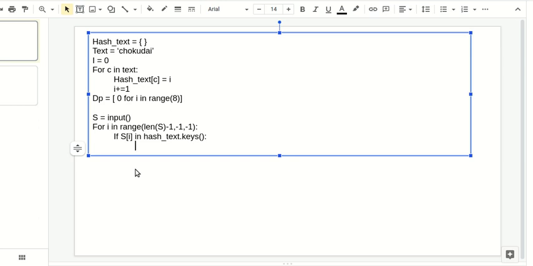If si is in the hash text keys. Okay, no need to do it this way. You can also do it like si in text. Okay, yeah, this way will also work. So if si is in the text value, what we will do is calculate dp of hash